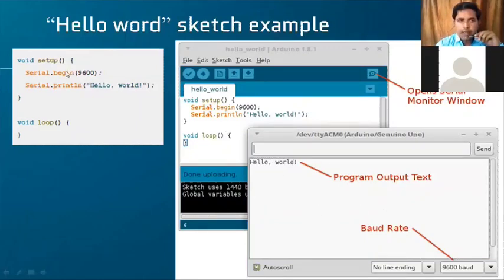Suppose you are writing any arithmetic program like a plus b, or 2 plus 3 is 5. If you want to see the answer as 5, you have to open the serial monitor and see the output of your program. This is the testing example, hello world, of an Arduino. Okay. Then,